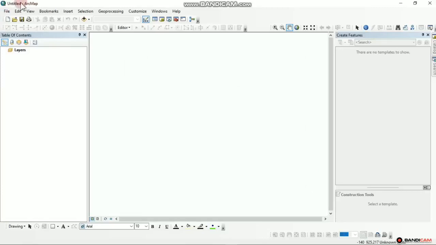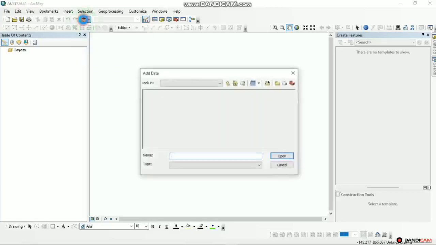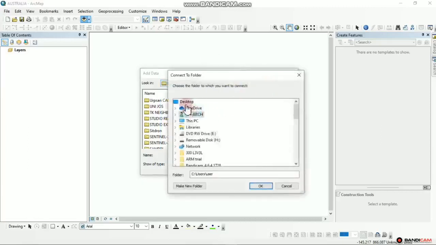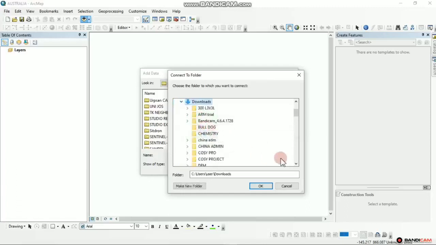The next step is to add the data under the standard toolbar. I'll locate that Sentinel-2 folder, here under my downloads. My PC is inverted, and my desktop is under downloads at times. So if yours is on your desktop, you just go to your desktop. You can locate your desktop here, or you can simply connect to folder and then hit on desktop, or go to This PC, and under the PC you get your desktop. But for me, I'll go to This PC, then come to downloads and search for